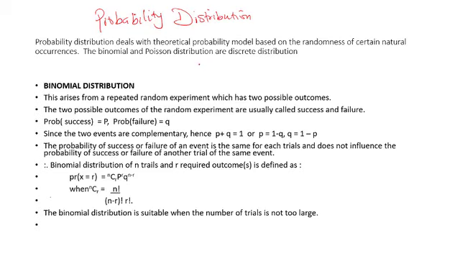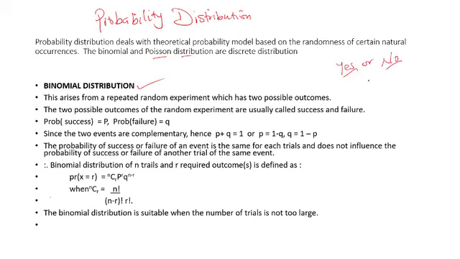For example, the binomial distribution is one of them, the Poisson distribution is also a member of that. The normal distribution is there. The z-score can also be analyzed as a probability distribution. Now, this arises from a repeated random experiment which has two possible outcomes. So the binomial distribution only works if the outcome has only two outcomes, either a yes or a no. Then this is when it comes into play.